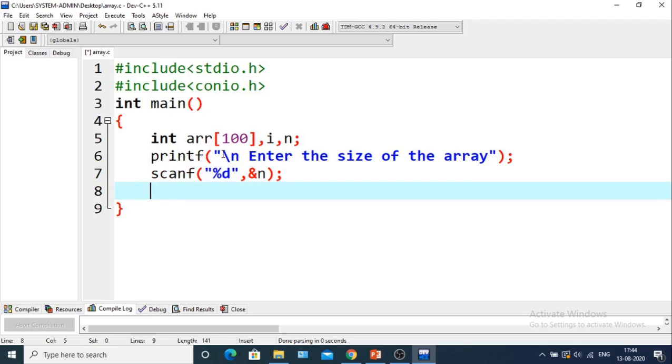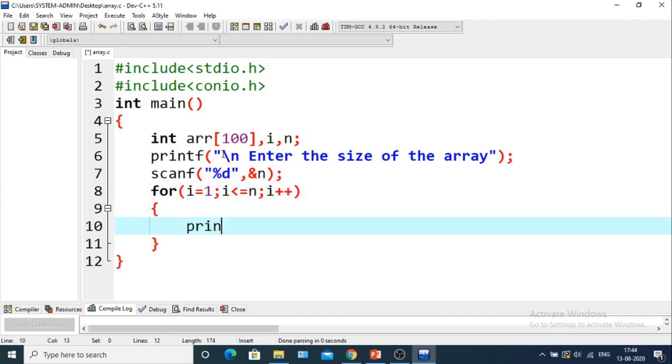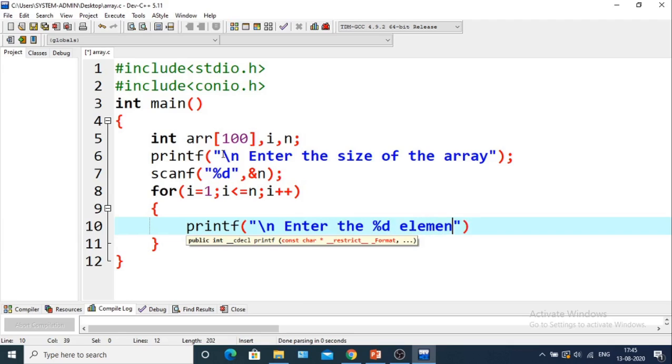Next we will take the values of the array. For that I will take a for loop. So i will start from 1 and go up to n, i++. Then printf \n, enter the %d element, and here I am writing the value of i.